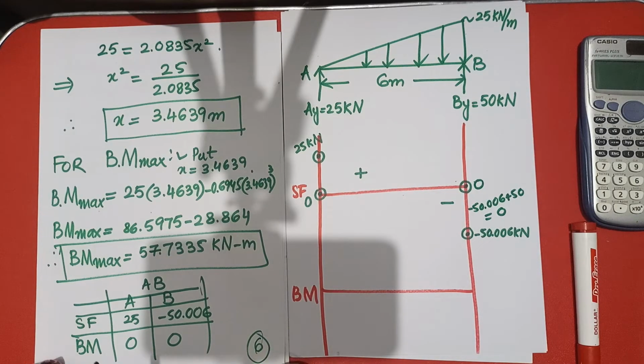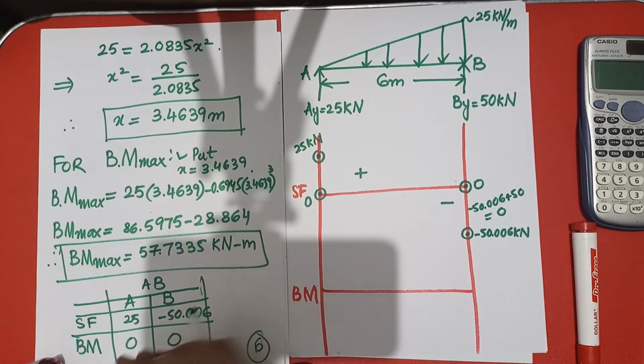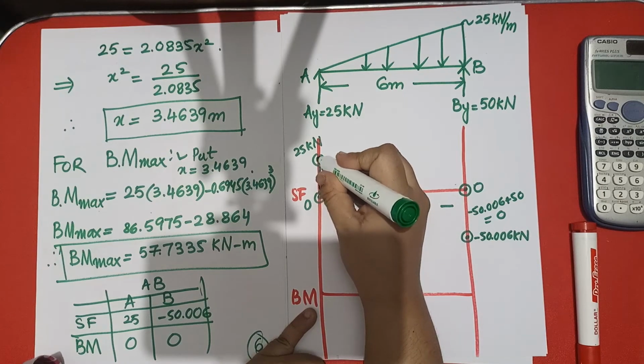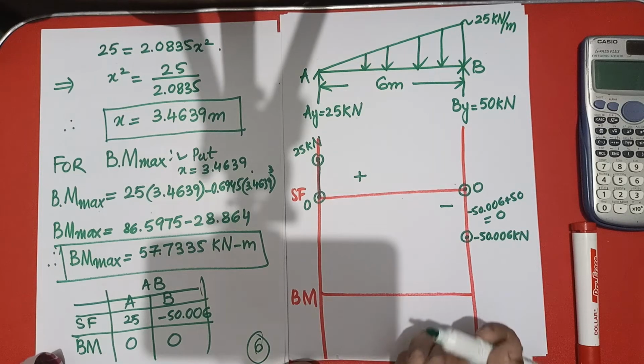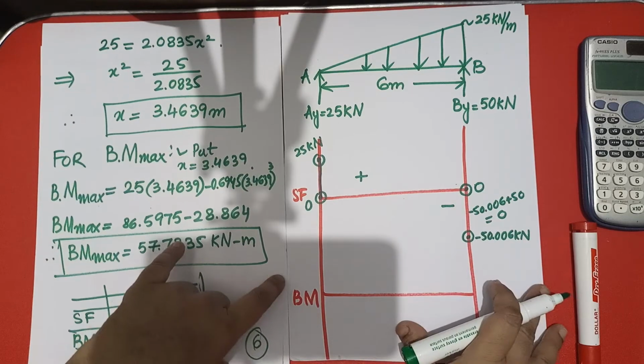So what we have to do for the shear force diagram in the triangular loading, when we have a beam with a varying distributed load, or you can say the triangular loading? We have to move upward like this, as we do if the beam has a point load, or if it has a uniformly distributed load, or UDL. So we have to move straight up, but the thing is changed over here.